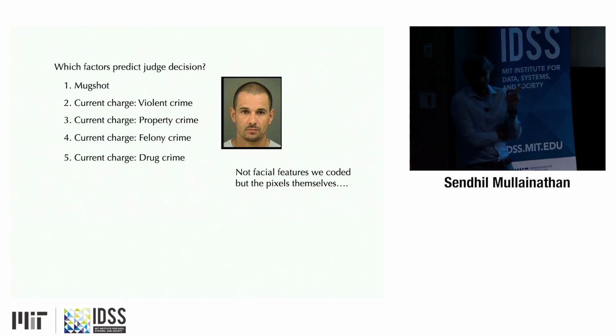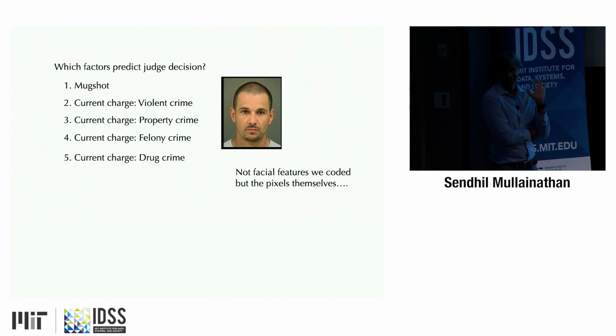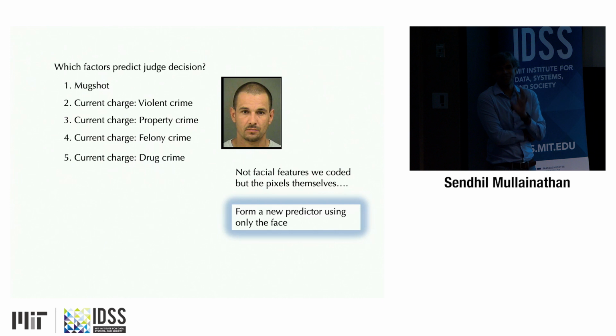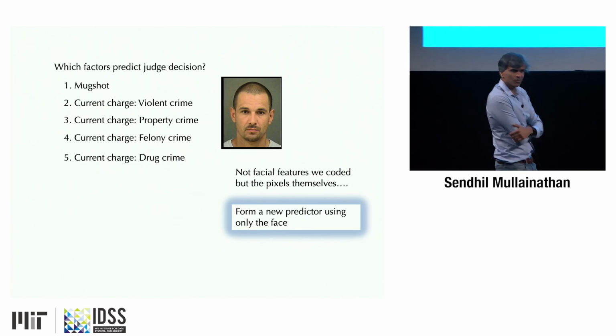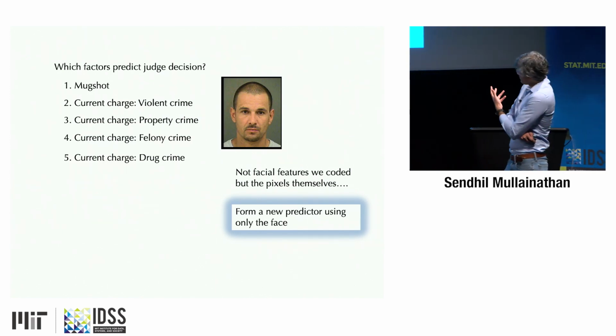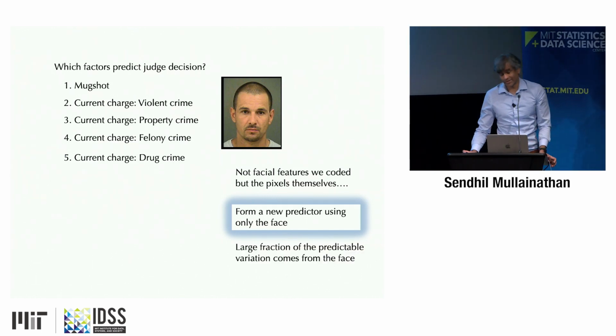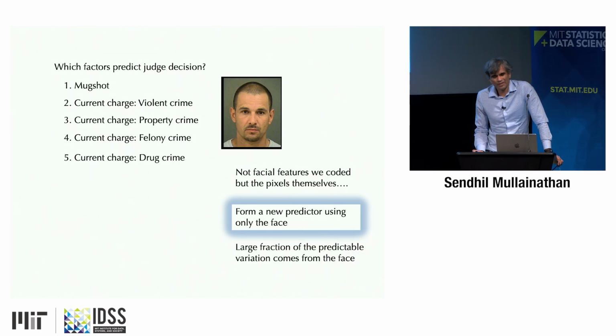And this 1 through 5 list is very odd. It's not 1 through 5. If you built a new predictor where I deleted all the rest of the data and I just predict who the judge will release using just the mugshot, that explains about half of the predictable variation. So it's not 1 through 5. It's like 1 captures half of the variation, and all the other things are capturing the remaining half. So the mugshot is playing an insanely large effect in what the judge is doing. Of course, this by itself is not a great hypothesis. It's a weird fact. It's a surprise. It's a disturbing fact.